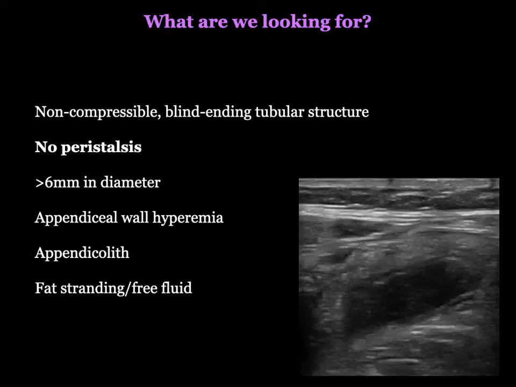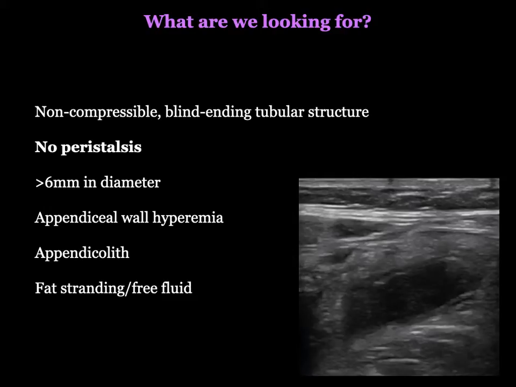Similarly, there should be no peristalsis. So if this tubular structure that you're looking at is peristalsing, then you have identified small bowel, but not the appendix. Generally, patients with appendicitis will have an appendix that's at least 6 millimeters, if not 6.5 to 7 millimeters